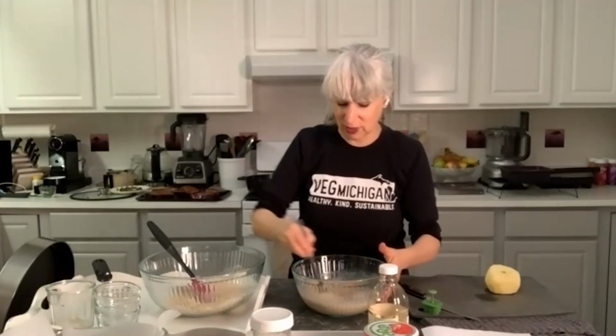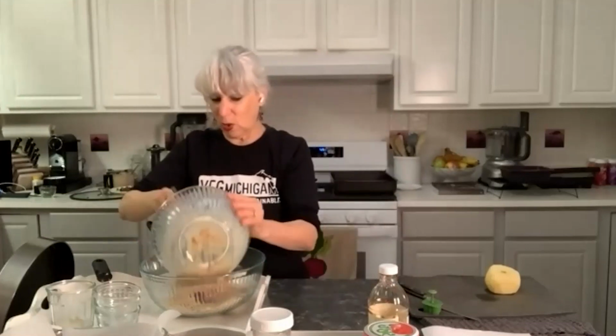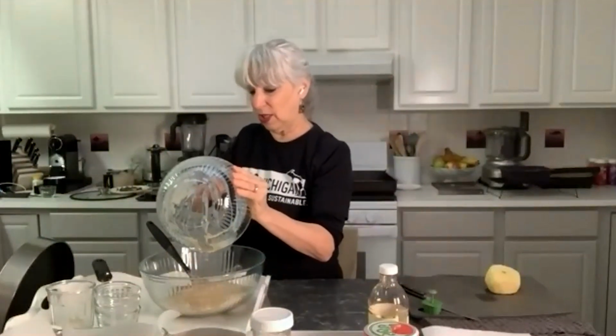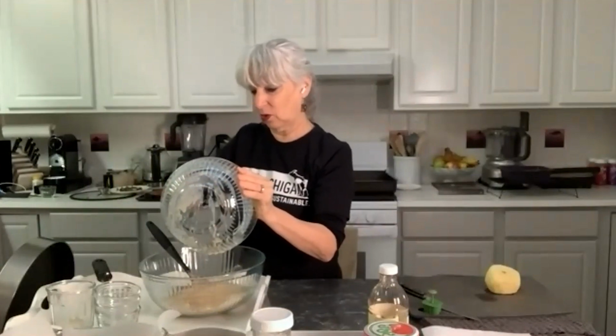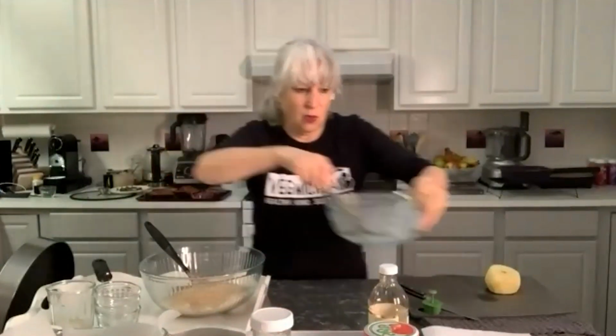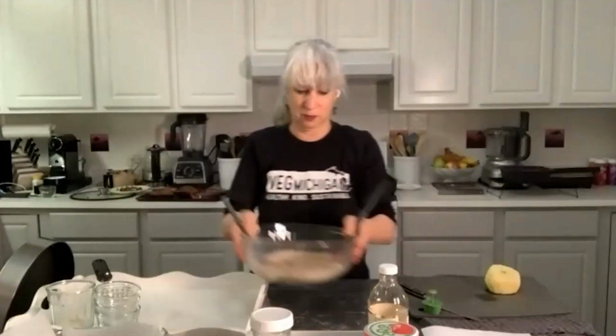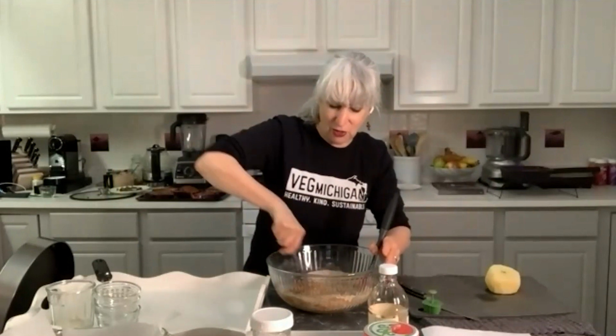And so now that we've got all of this together, we'll just kind of add it all into a single bowl. Gather up all of that flavor. You want all of that lovely mixture. And then we're going to just put that all together. So now we'll do some mixing. All in one bowl here. You don't even need a mixer. We're just going to incorporate all of the